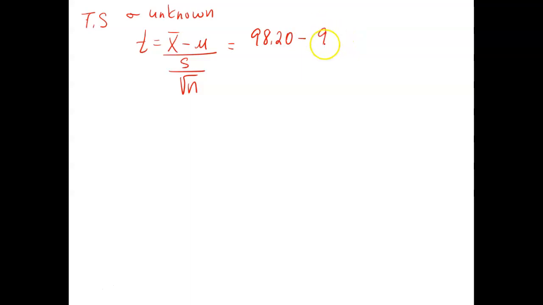My mu was 98.6. My S is 0.62. And my N is the square root of 106. Okay, so put parentheses here, and then put that in your calculator,